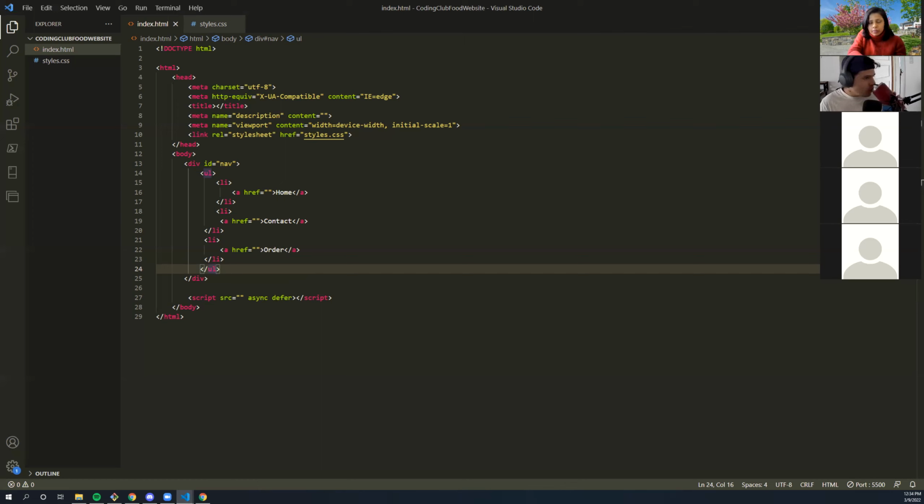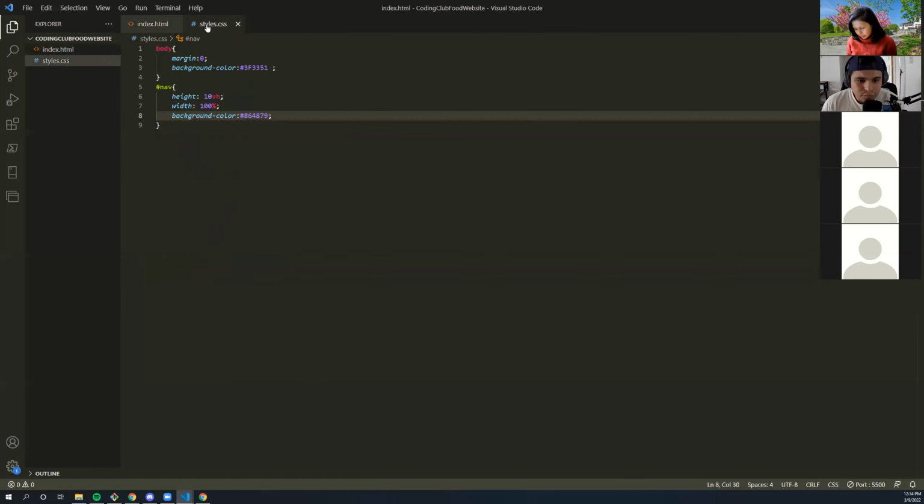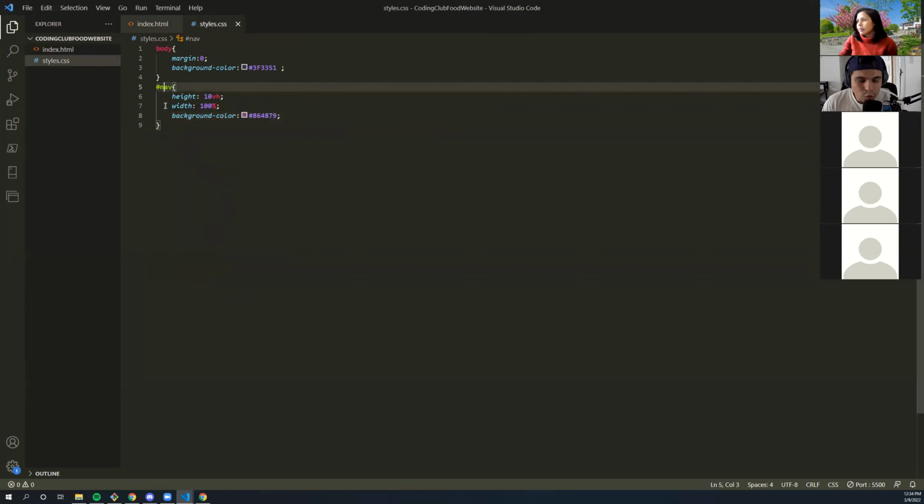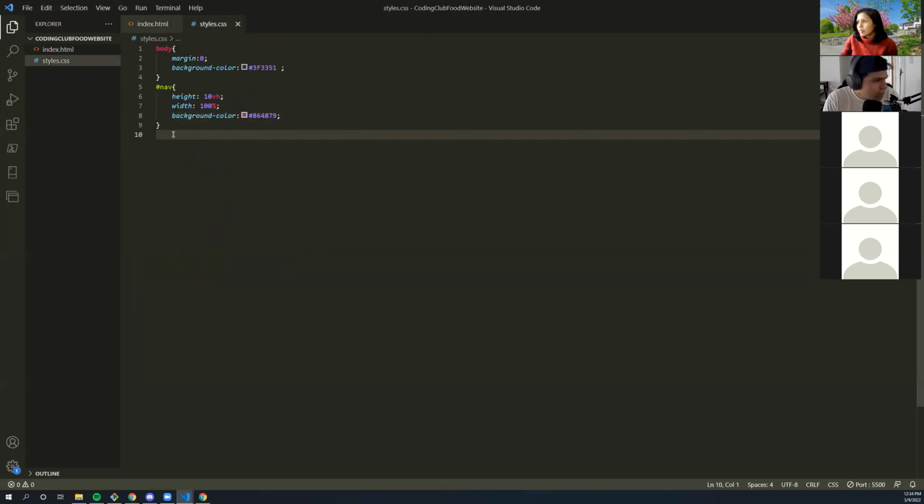I want to access the UL within this nav ID. Does anyone have a clue on the way that we can do that? If I want to access the UL inside of here, in CSS, I'm sorry.